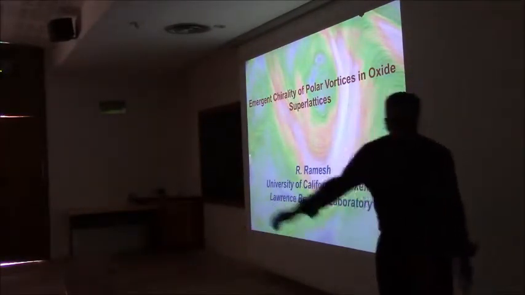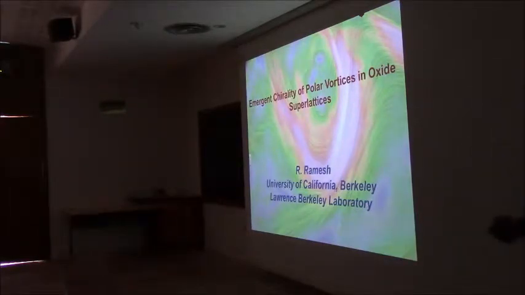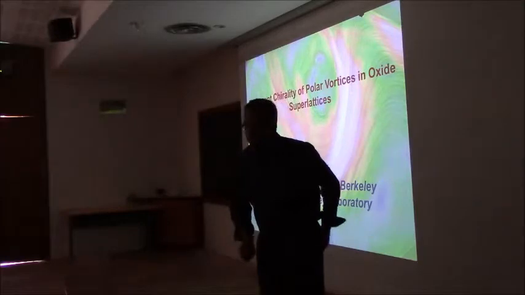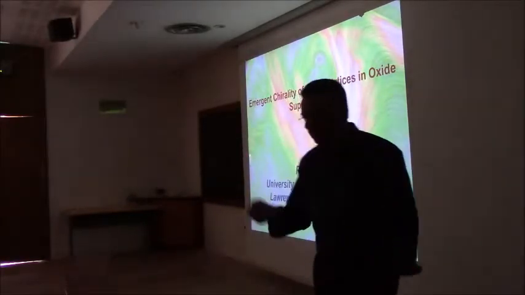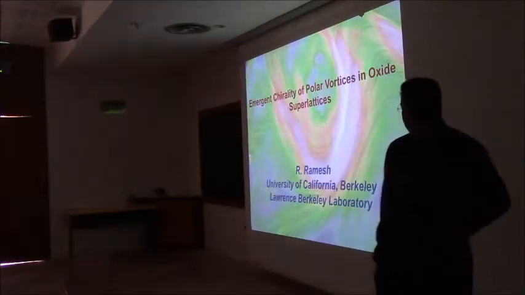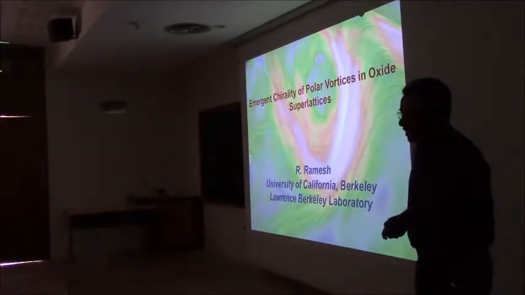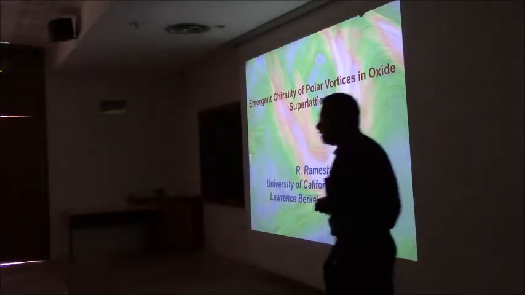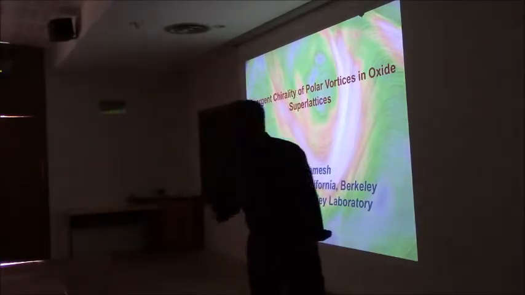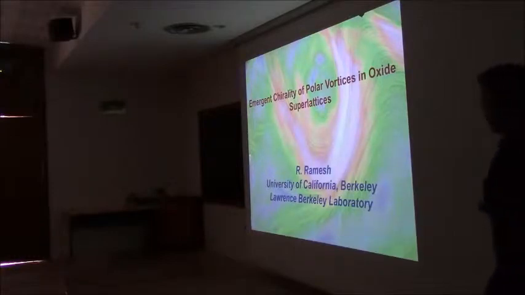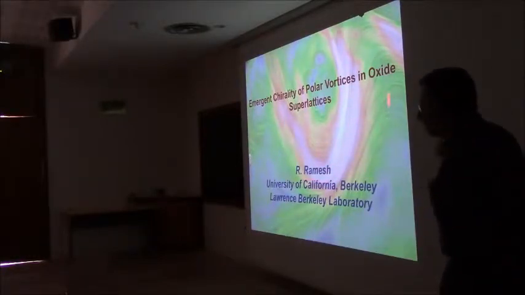So the focus was going to be this business, emergent behavior. And emergent behavior is something that we will talk about as we go through. The reason we call it polar vortices was these are materials which are fundamentally polar. They're magnet, for example. And there are vortices in them. But it also happens to be a real polar vortex.